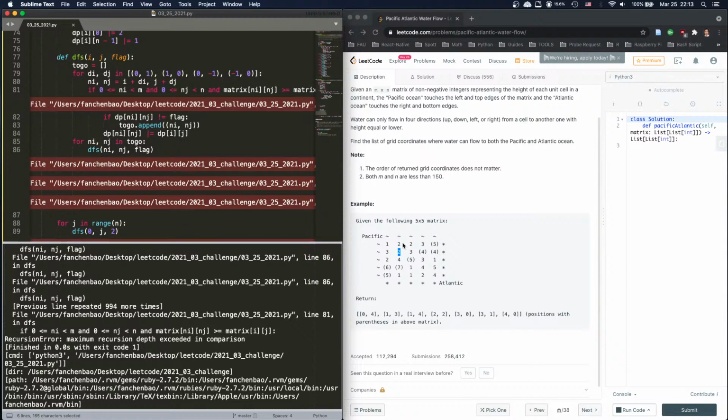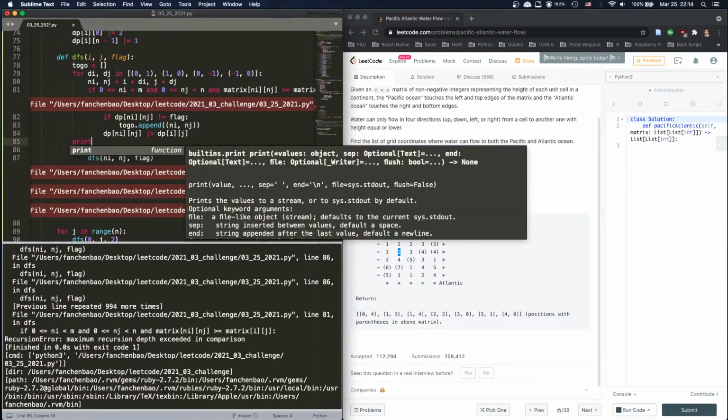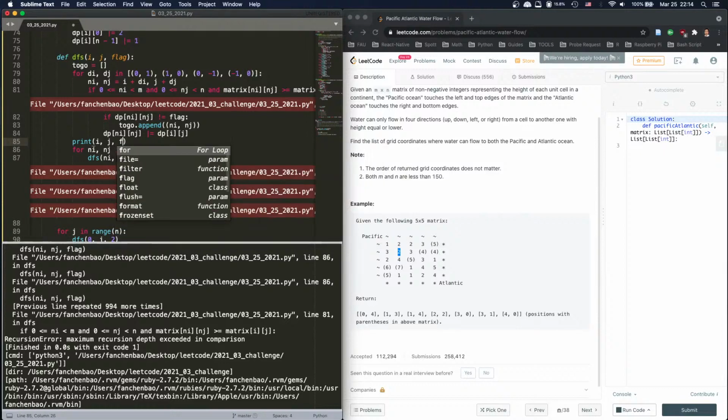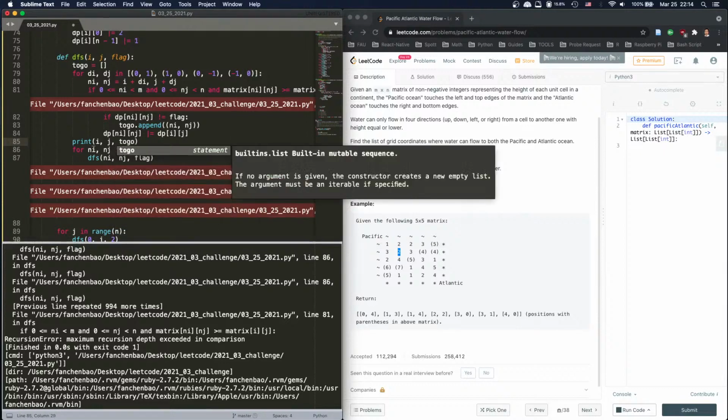This is equal to flag, so I'm not going here, I'm not going here, so I'm not going to this or this because they're already flagged, right? So if I can print out ij and to go,